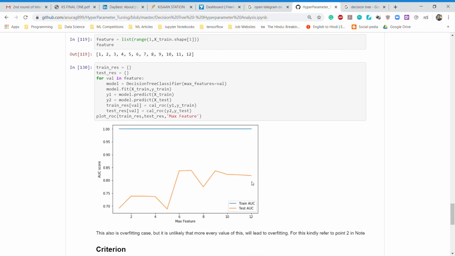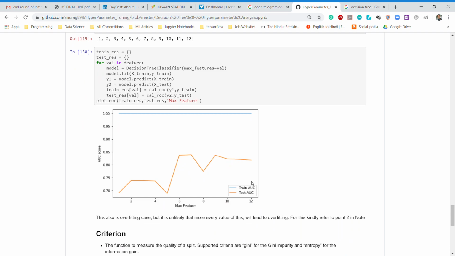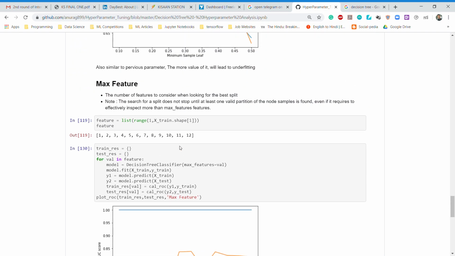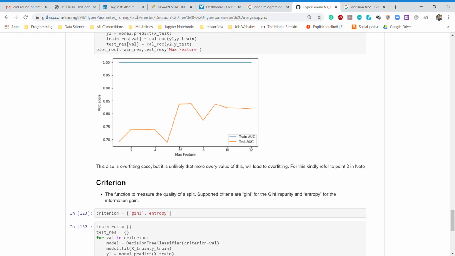You can see that the more columns we use, the more it started to overfit our data. Whatever values we provide for max feature, it started to overfit. That depends solely on the data set, but it could vary. But as a general rule, the higher the value of max feature we provide, the more it overfits.